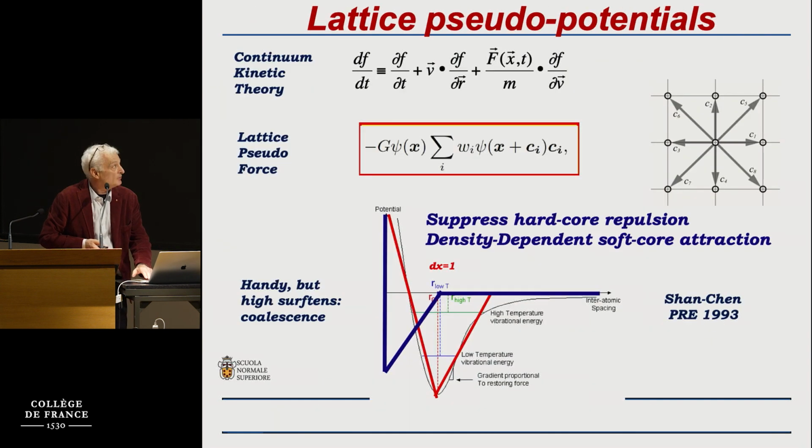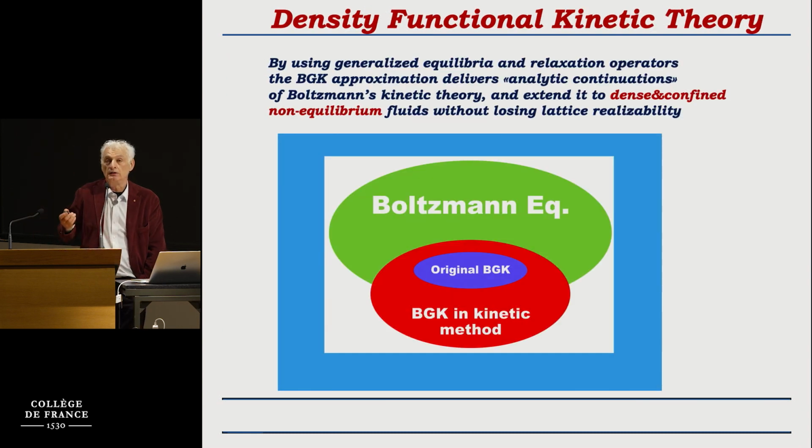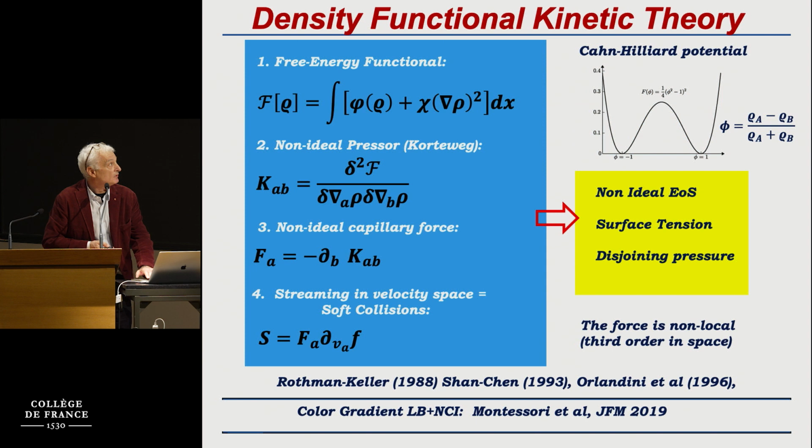And this is a sort of philosophical point, but I think it's important. It's a sort of paradox. We are using lattice Boltzmann, which is a derivative of Boltzmann, and many people think, well, since you are a derivative of Boltzmann, you cannot go beyond dilute gas. No. It's very different. We are using a model Boltzmann equation called Bhatnagar, Gross, and Krook, 1954. And in this model equation, paradoxically, they are more general than the equation they derive from, because, as I said before,